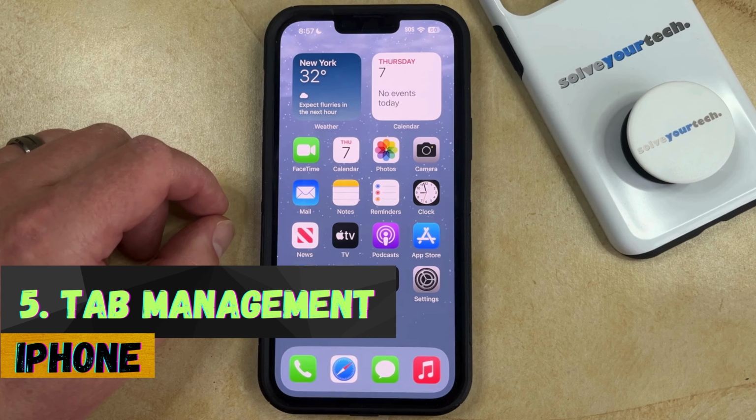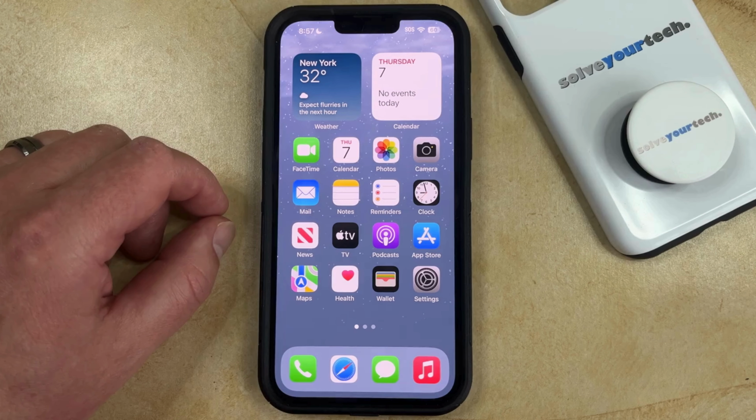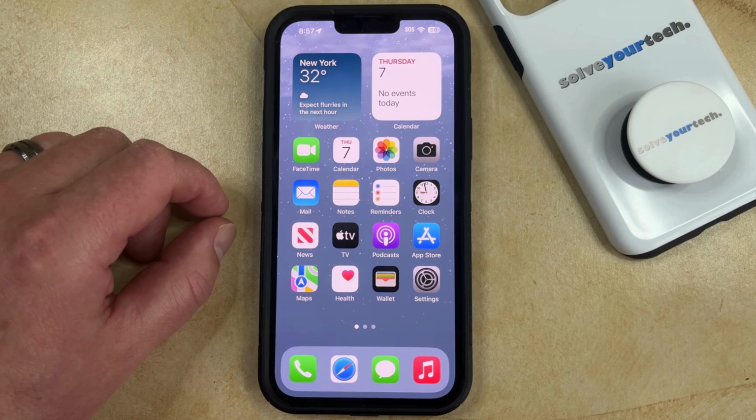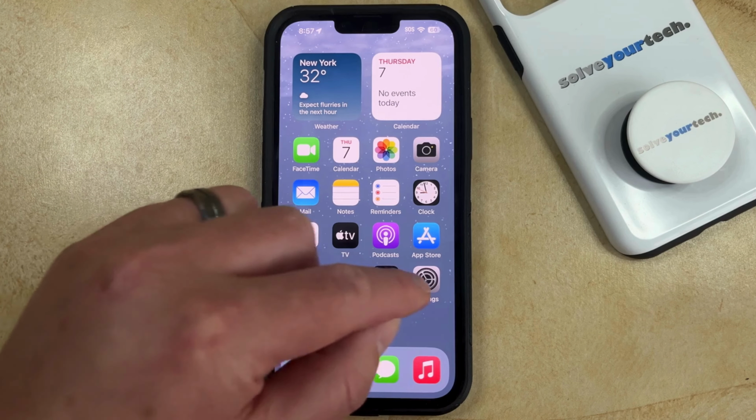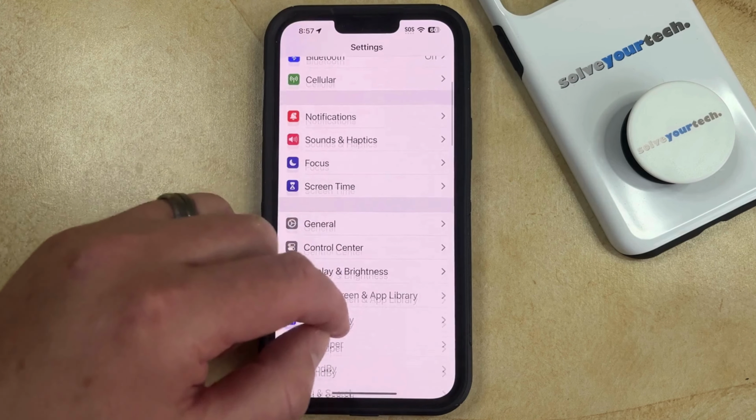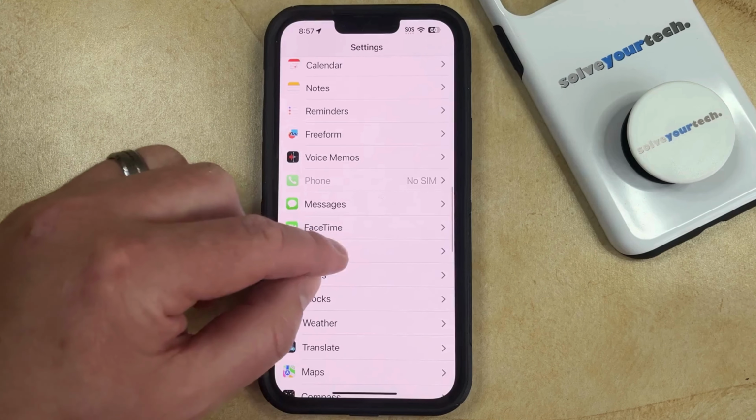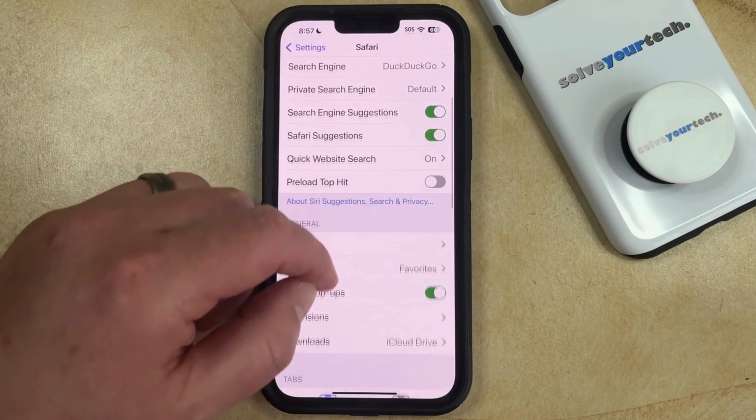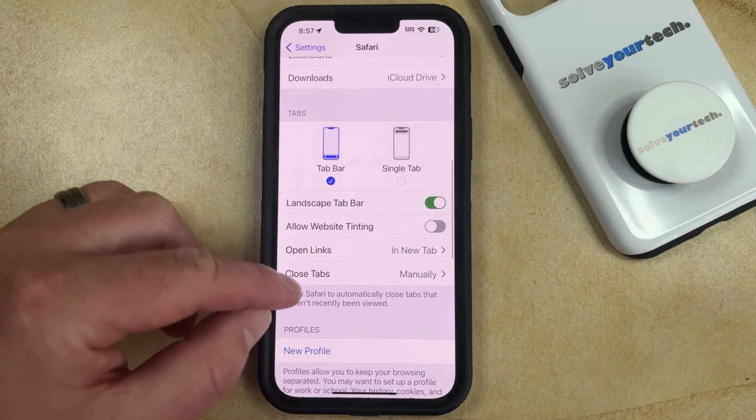One other Safari setting that you might want to adjust involves the way that Safari manages your tabs. If you've noticed that Safari is automatically closing out your tabs and it's happening too frequently, or if you have way too many tabs open and you would actually like Safari to manage them, then you can change this behavior. You can do this by opening Settings. You can then scroll down and select Safari, and then you can scroll down again and find the Close Tabs